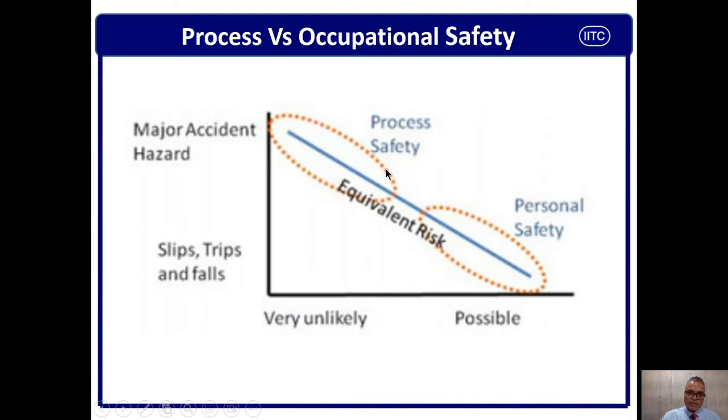If you see here, the process safety here is very unlikely in terms of the frequency, in terms of the likelihood, but the severity is MAH, major accident hazard. When we say major accident hazard, that means this event can kill many people at one point of time. It has huge impact on production loss, facility damage, and financial loss. So guys, this slide is a very good slide to understand the definition as well as the difference between process